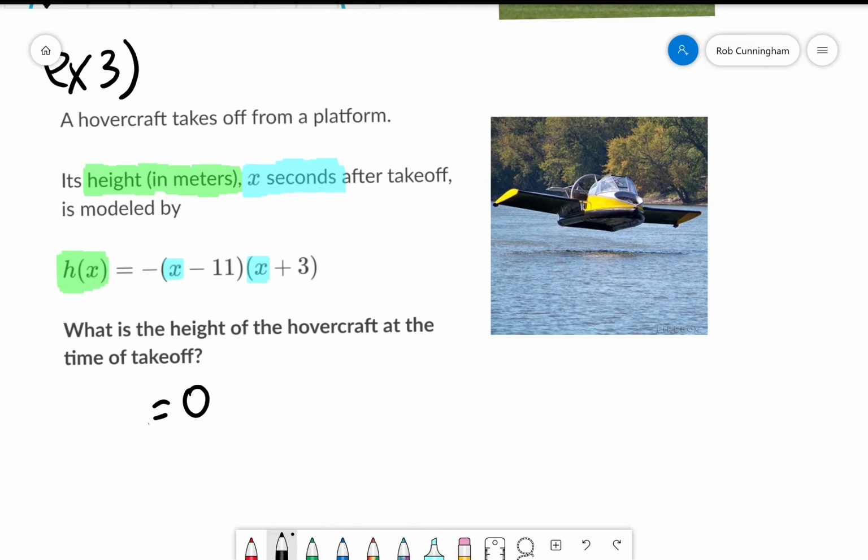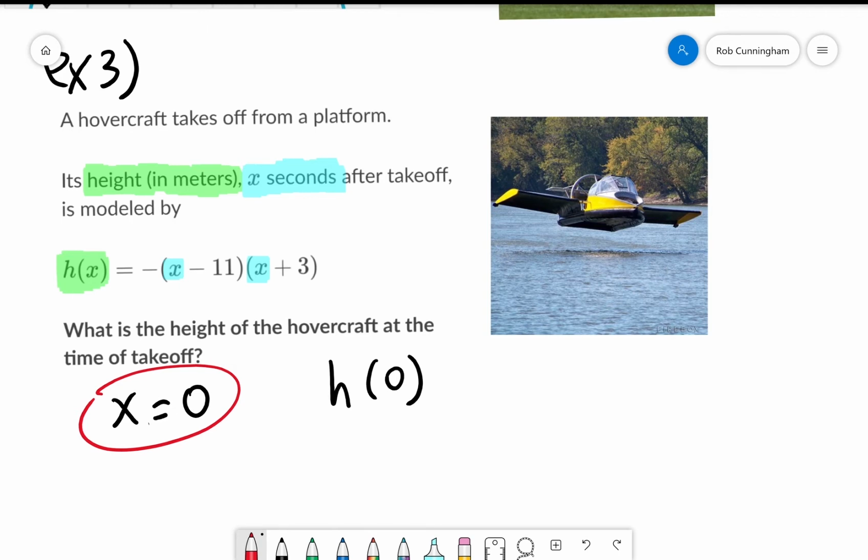I generally prefer to use t for time, but we'll use x, that's fine. So all we have to do is plug in x equals 0 and figure out what h of x is. H of 0, note that it's h of 0 instead of h of x because x is 0. I'm just taking out the x and putting in a 0 wherever I see it,